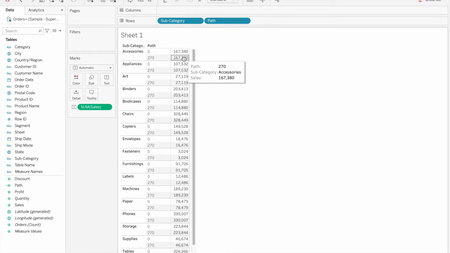In order to avoid this duplicacy, we will divide our sum of sales figure by 2, which you will see once we do our calculation for sales. Now once we have our starting as well as end point, we need to do a few more calculations that give us the shape of our radial chart. Let's see how it is done.